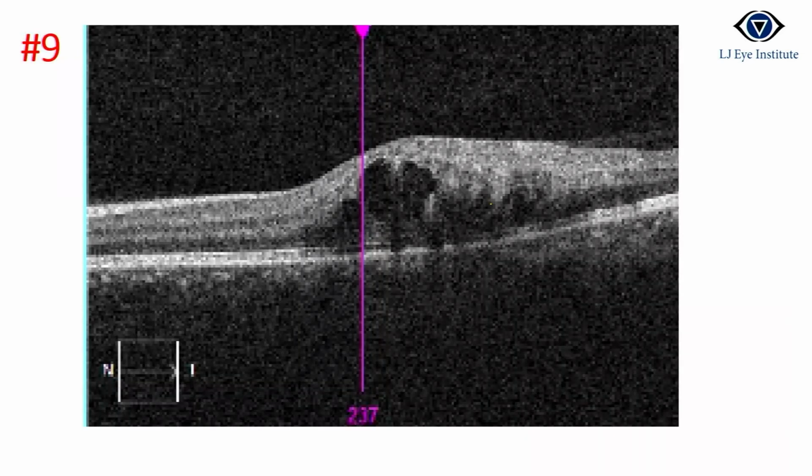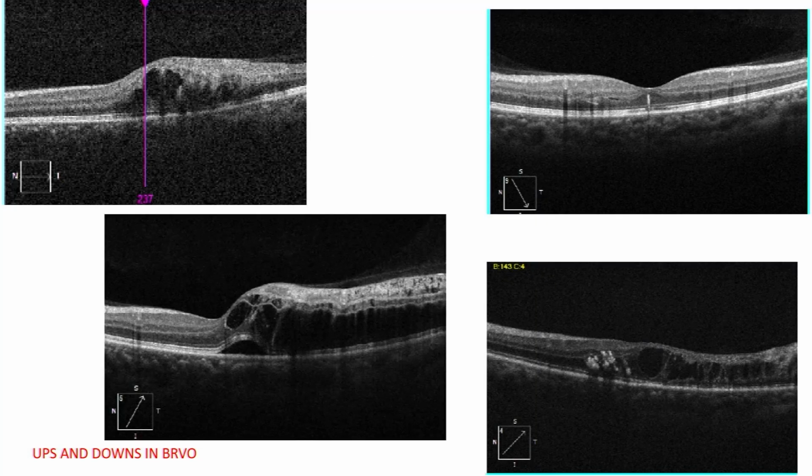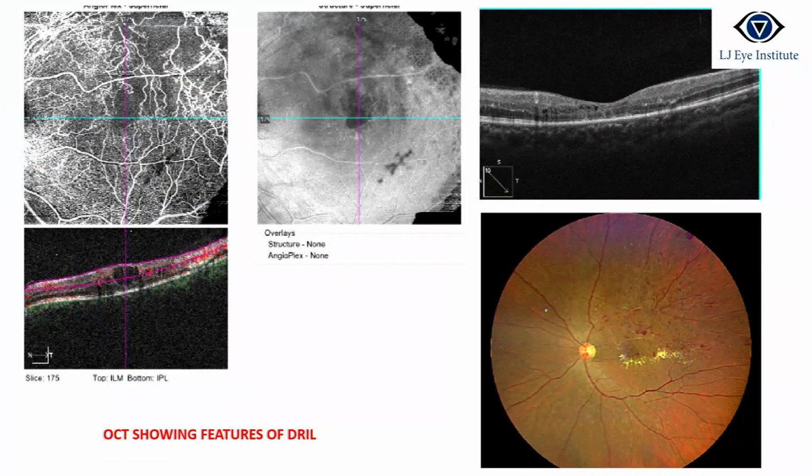Now this is one patient of BRVO. You see, this patient I have been following for 3 years now. So there are ups and downs, we can just look at the OCT and we are managing with anti-VEGF. Suddenly after 2.5 years, this is what the patient is now. The patient was not improving beyond 6/36.